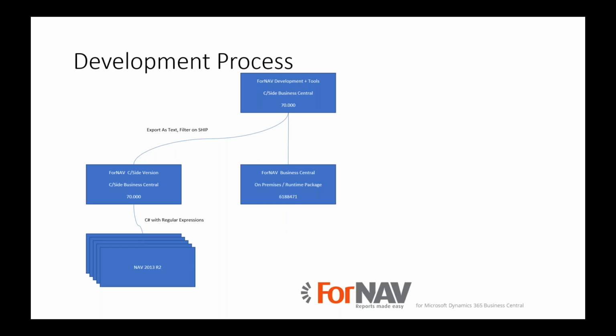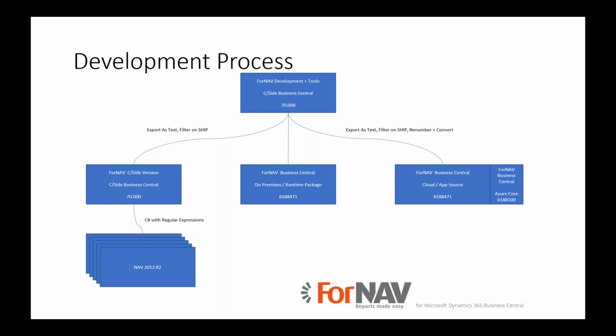Then we have the Business Central on-premise story, where we create a runtime package and allow people to publish that as an extension on-premise. Then we have the AppSource story. We convert the code to AppSource, and this is where we also automatically convert from .NET to Azure. Michael and Jacob created an Azure service function, which replaces our .NET. In the conversion process, we convert all of our .NET to